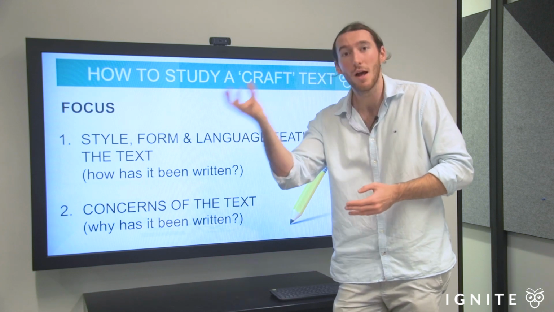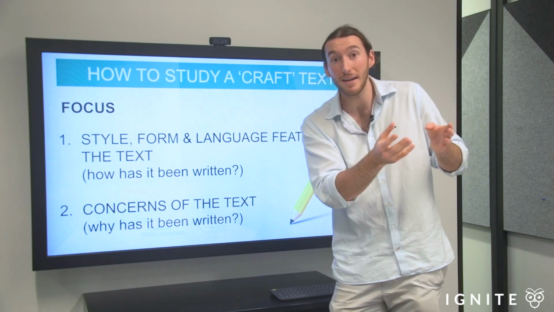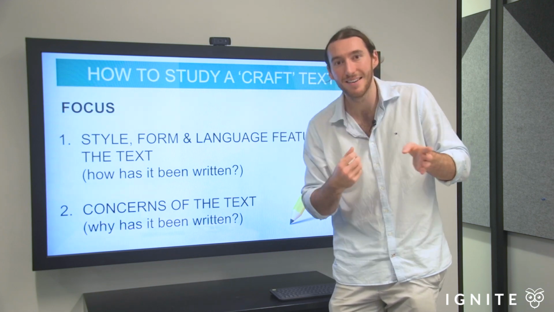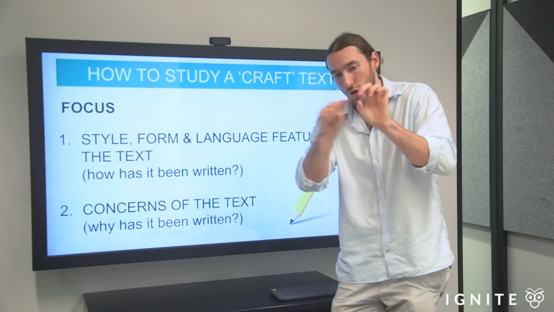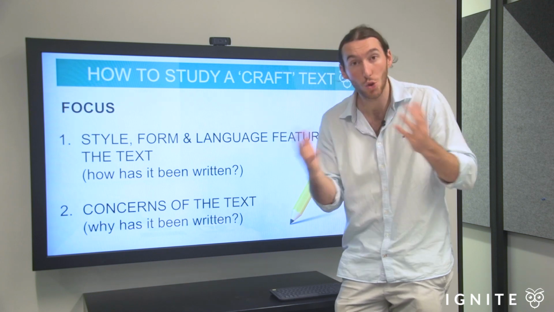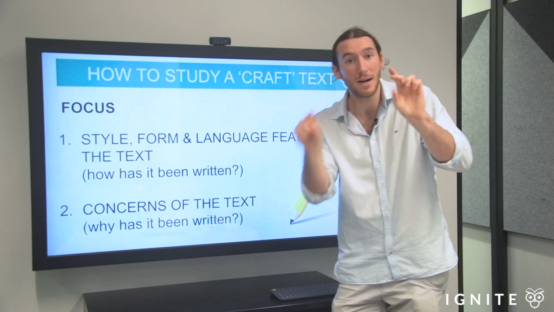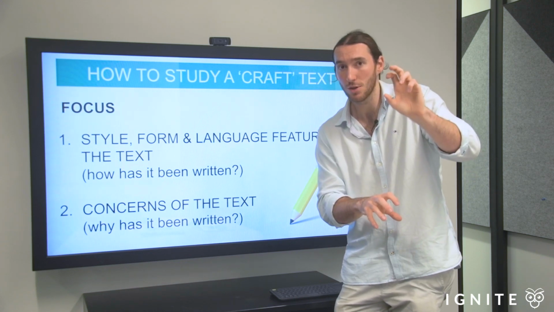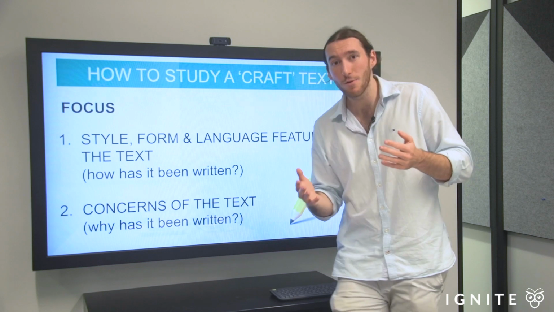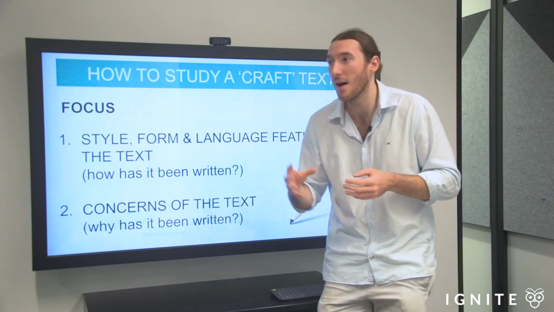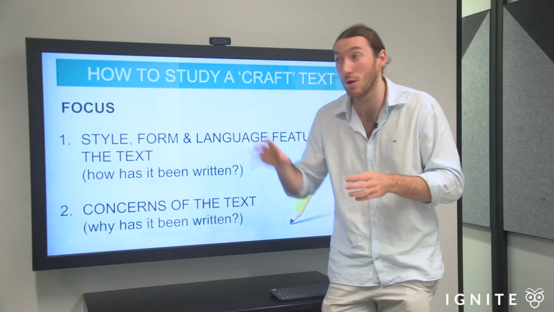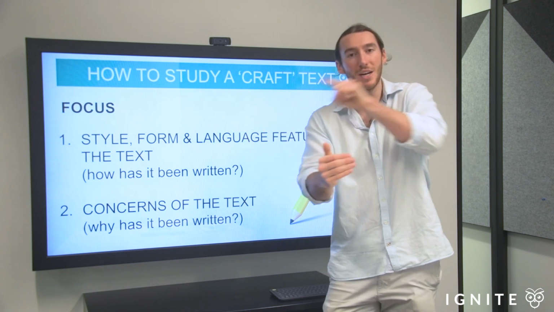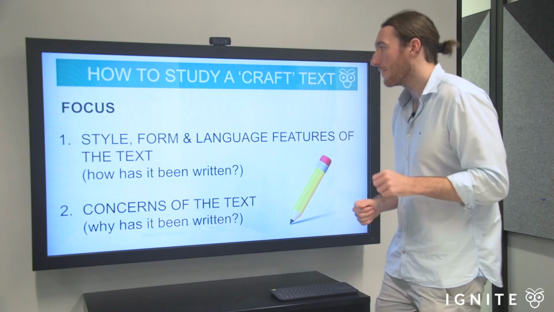You'll have to use the particular feature and mirror it in your own writing, because you're going to be asked, most likely, how have you actually done that? Okay, so it's very clever in that way, the two-part split of this module. It's 20 marks. Typically, it'll be 12 marks and 8 marks, 10 marks and 10 marks, maybe 20 marks and no marks on the reflection. You're going to be asked to write a piece of writing that is inspired by some kind of feature or technique or style of a text that you've studied. And then you're going to be asked to reflect on how you just did that. Okay, so be aware of that.